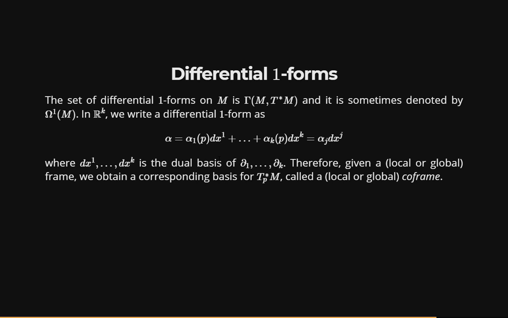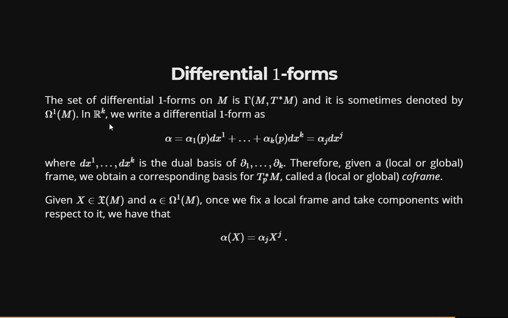That's the meaning of dual basis. So given any local or global frame, you obtain a corresponding frame, coframe actually, on the cotangent bundle, which is this set of differential one forms, which are a basis of the cotangent space at each point of your open set. Now, given a vector field and the form, if you fix the local coframe and take the components with